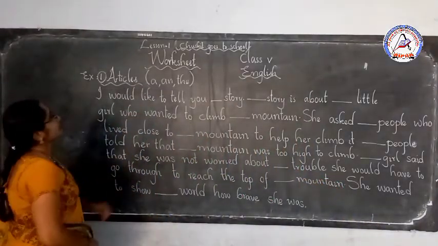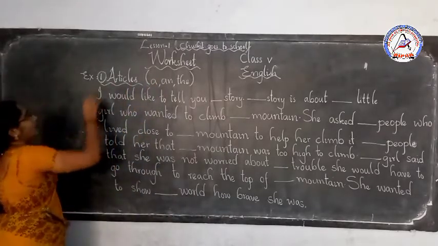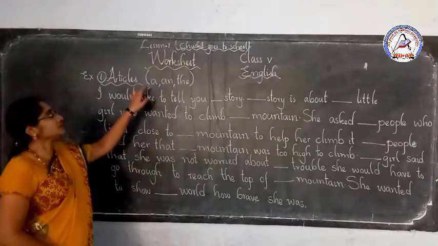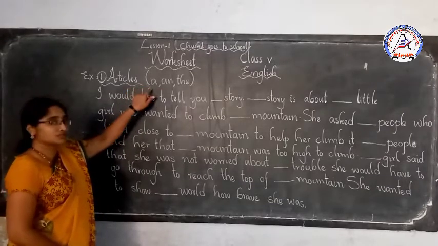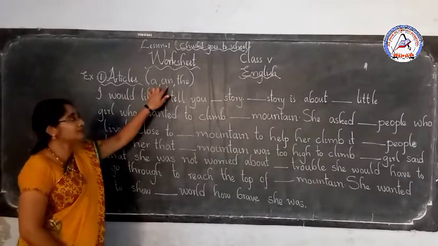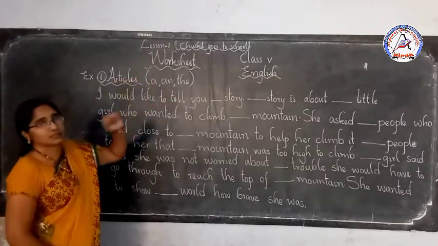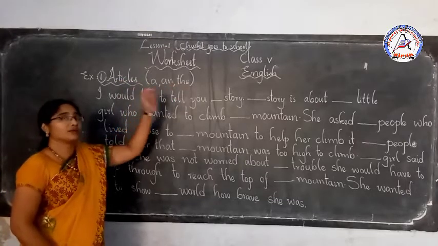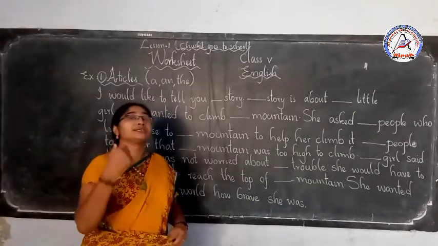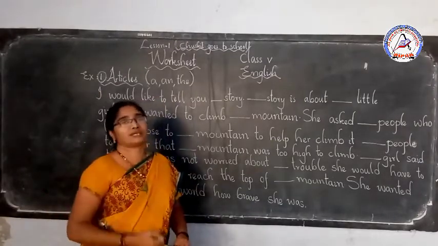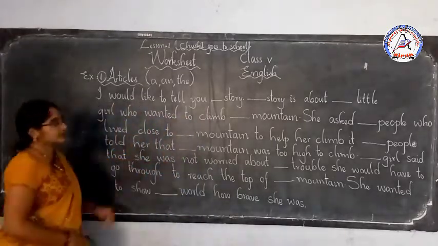So what is this? Lesson number 1, Cheskit goes to school worksheet. Today we are going to see the worksheet. The topic is articles. Let us see how to use a, an, and the. A is used before consonant words, an is used before vowel words, and the is used before singulars and plurals, and also unique things, and also for things which you already know, already known things. When we are going to talk, at that time we will use this the. Let us start the exercise.